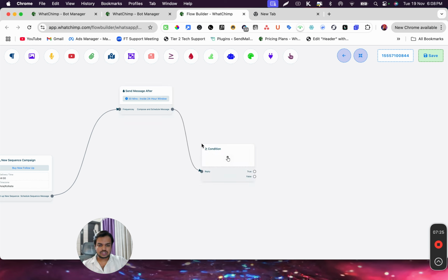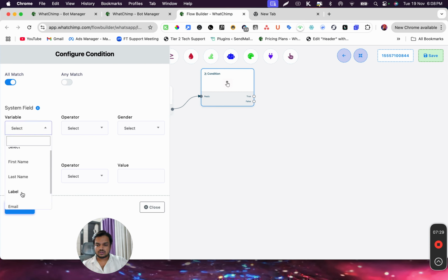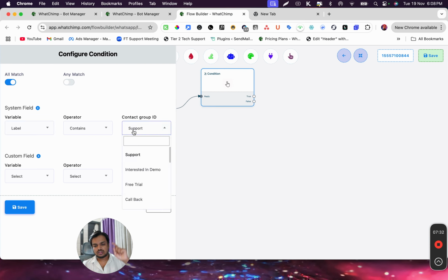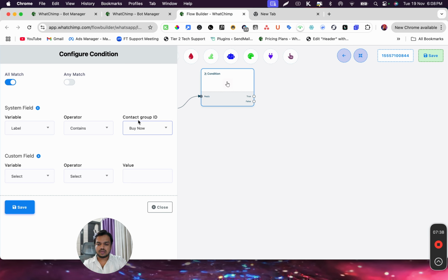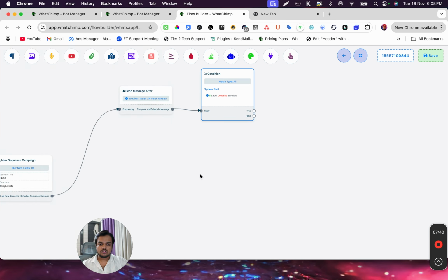So here I am using a condition, and what I'm trying to check is, did you click on the label, did you click on the button buy now? Because if you've clicked on the button buy now, you got a label as buy now, right? You see this, a new label has been created, which is buy now. So did you get a label as buy now, yes or no? If not, that's when I'm going to follow up with you and I'm going to tell you,